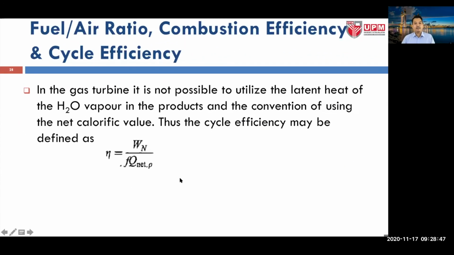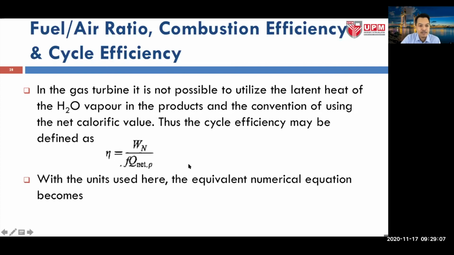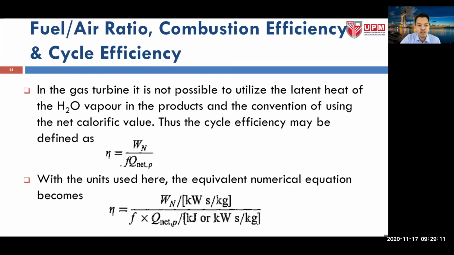In the gas turbine, it is not possible to utilize the latent heat of H2O vapor in the products. We assume it is insignificant, and with the convention of using the net calorific value, the cycle efficiency may be defined as this expression. With the units used here, the equivalent numerical equation will become this expression,